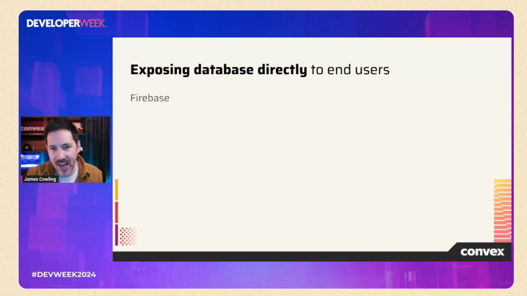It was a mistake motivated by a desire to make the database accessible to application developers in their native languages, whether that's mobile or web. But it has a great many disadvantages. It exposes your private data model directly to the client. It makes it hard to manage secrets or private code. It leads to thick clients which have a lot of logic in them. And then later on, complicated initiatives to try to speed up page load because of all that software sitting on the client. And it really erodes the concept of a transaction, where you want to do multiple separate things, talk to separate tables, but you want them all to happen in a single transaction. That becomes much more difficult when the client's in the loop.